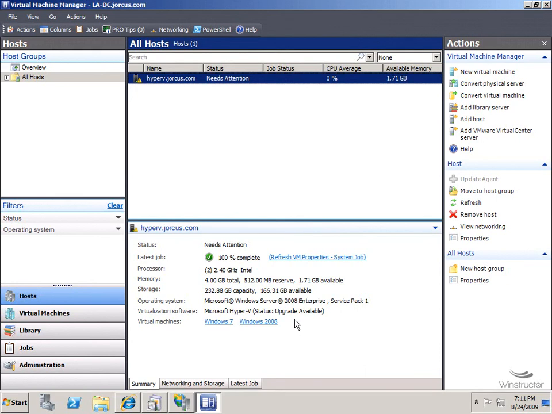Alright, well in this video, you've seen how to install and use System Center Virtual Machine Manager 2008 to manage your Hyper-V virtual machines. Now, if you're running a lot of virtual machines spread over many different servers, then you'll probably want to take a look at this product, as it does make managing your virtual machines from a remote central